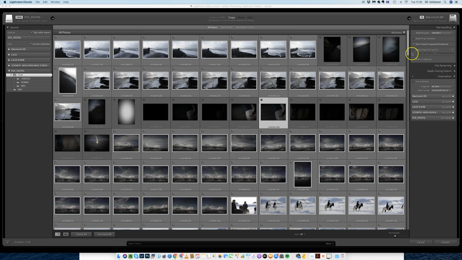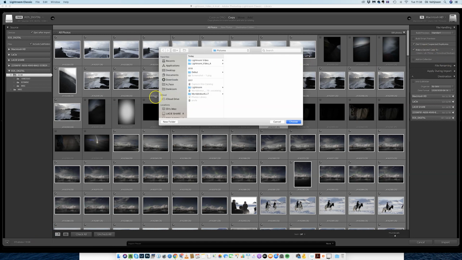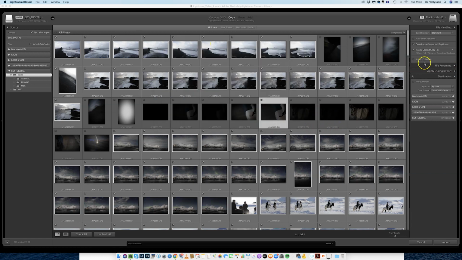those other files? This here makes a second copy, which basically means if you want to back up your files when you're importing them, just get that over with, you can do that. Then I would just select that and find a place where I would store my backup, usually a hard drive or something like that. So here I can add those pictures straight from import into a collection, which is a great way of organizing your files. Collections I'm going to talk about in some detail in another video, so I'm going to skip that